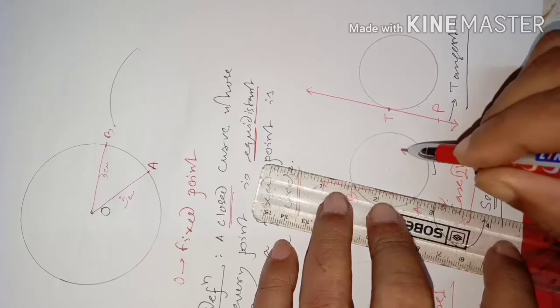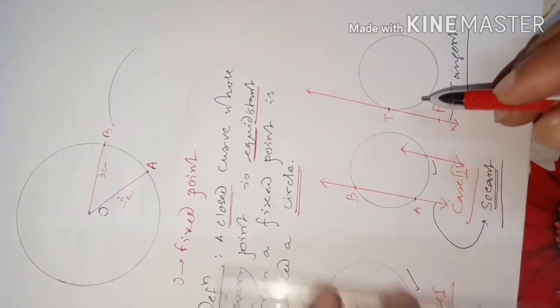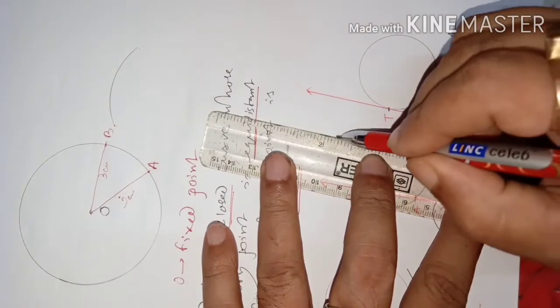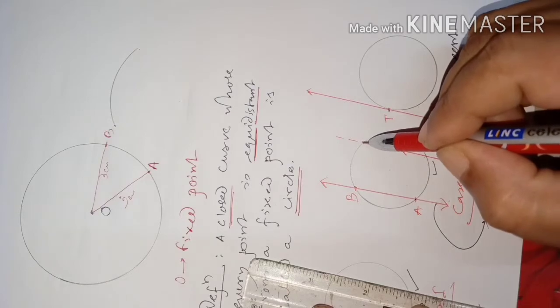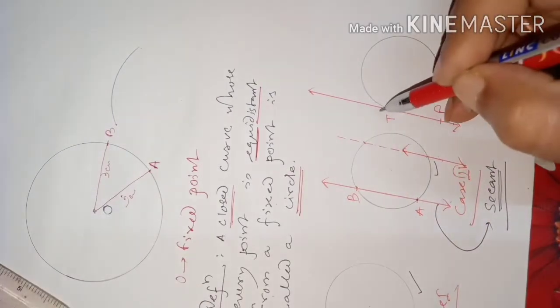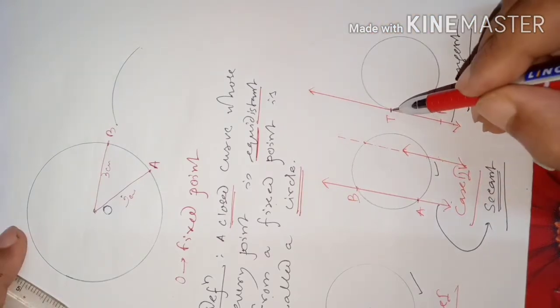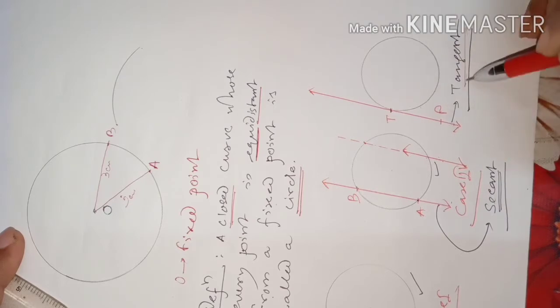can it be called a secant? Yes, students, this will also be a secant, because the line can be extended further. You can extend it again, because a line extends indefinitely, no? So it will again intersect the circle. But if you go on increasing this line, it will never meet the circle again. Only at one place it has met here. So this line is a tangent.